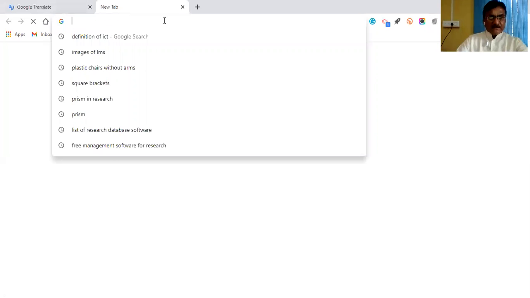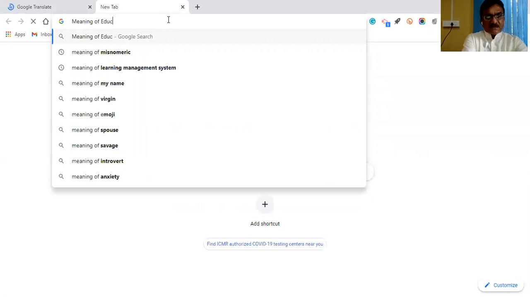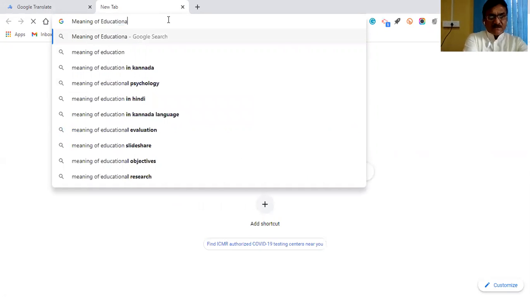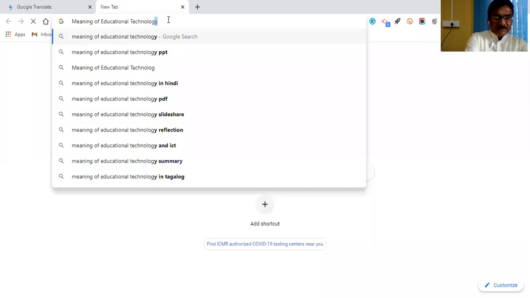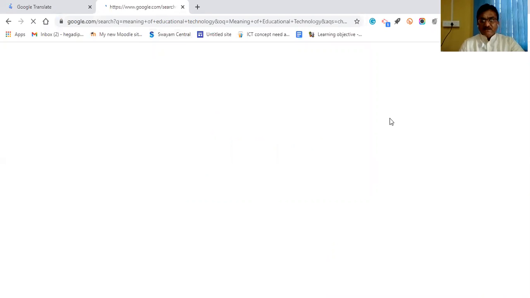So I will go for here meaning of ICT or meaning of educational technology. I will type here meaning of educational technology in the web browser.